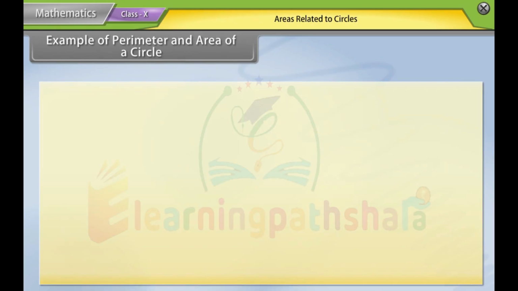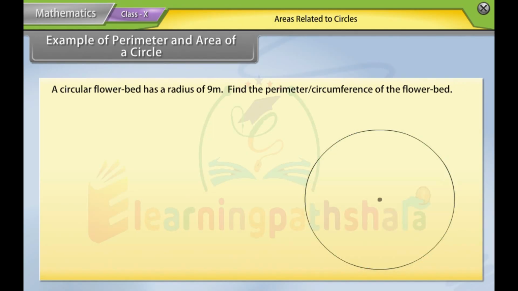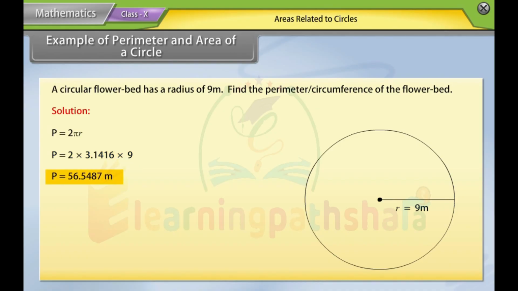Example 1. A circular flower bed has a radius of 9 meter. Find the perimeter or circumference of the flower bed. Solution. We know that perimeter P is equal to 2 into pi into r. Substituting the value we get, P is equal to 2 into 3.1416 into 9, which is equal to 56.5487 meter. So, the perimeter or circumference of the flower bed is equal to